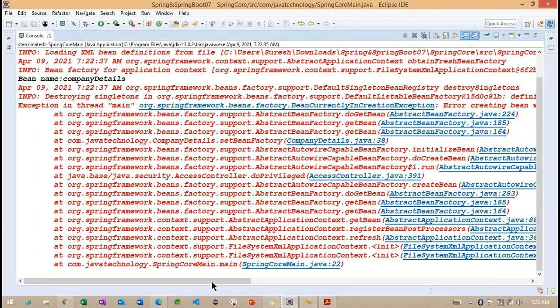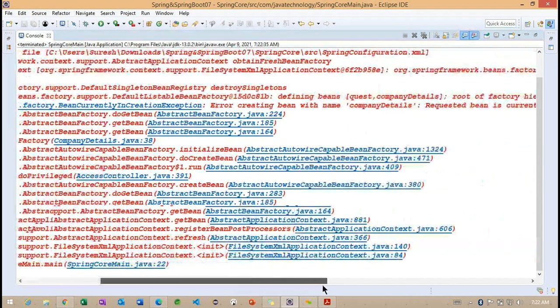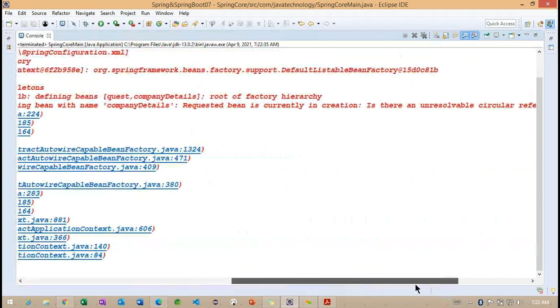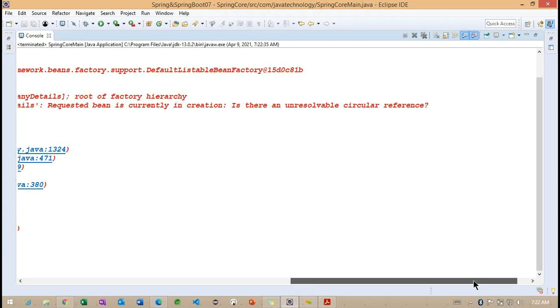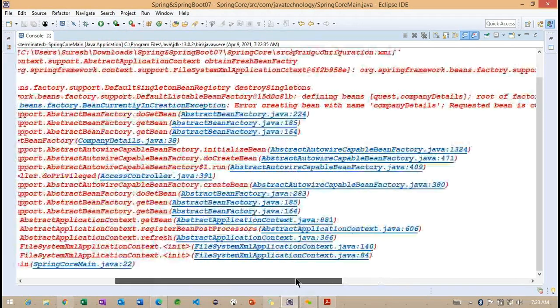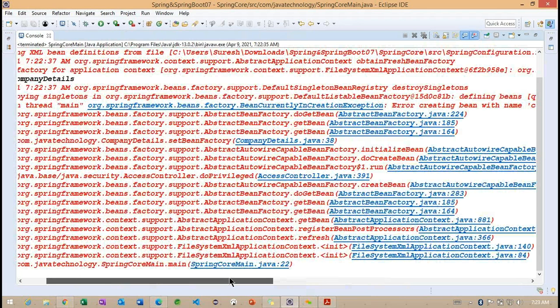Basically, this is related to the scope. Only for singleton is the circular dependency going to be handled, but for the other scopes we are going to get this error. So we need to think why we are getting this currently-in-creation exception.